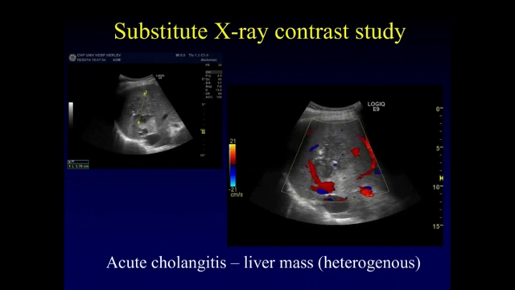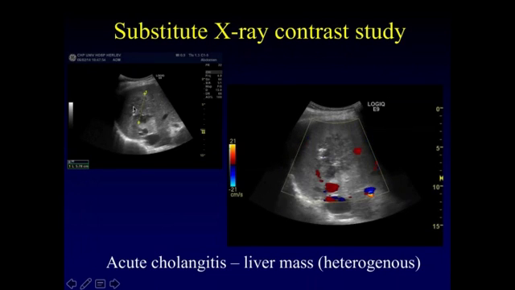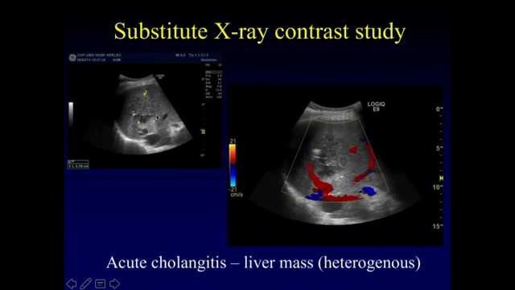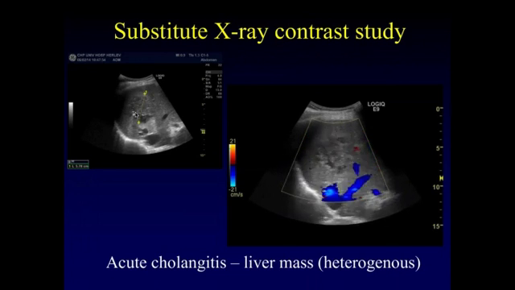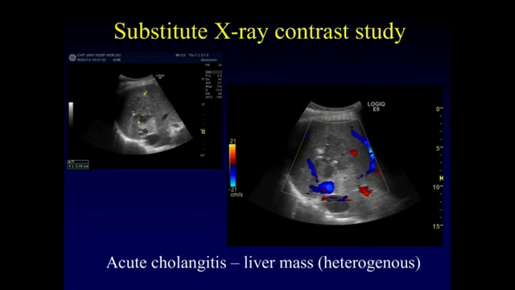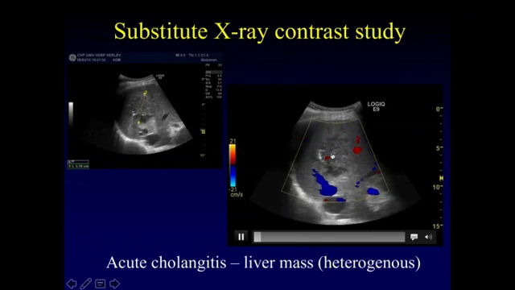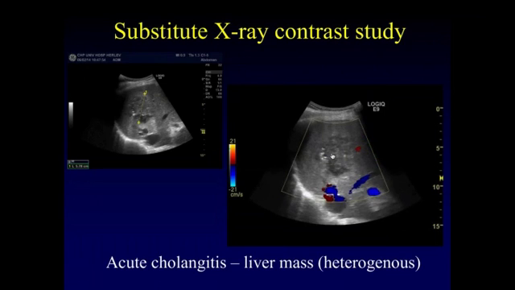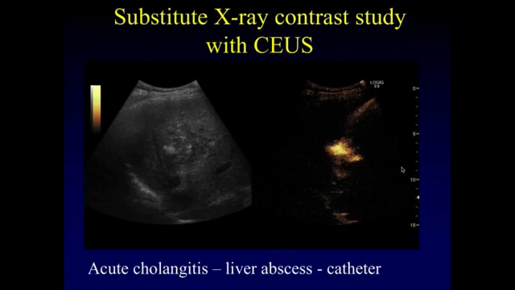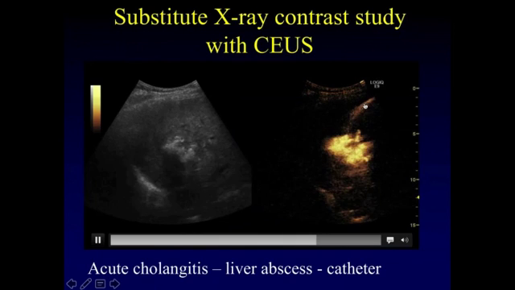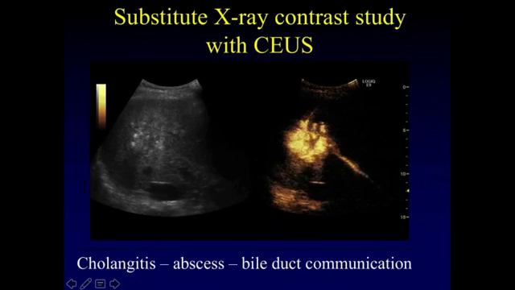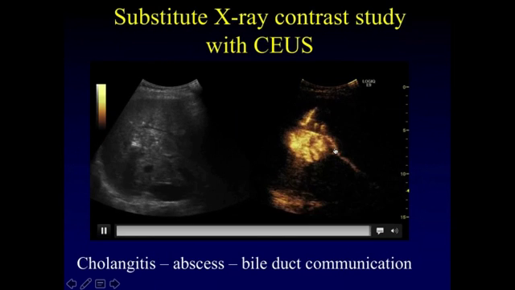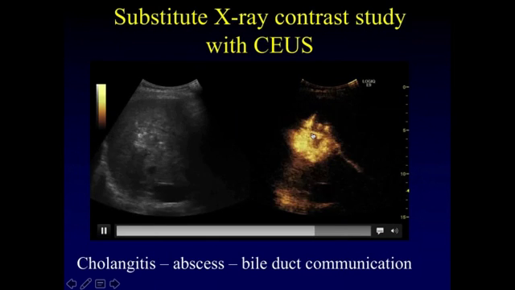A similar case, but in this study there was a sort of heterogeneous mass, and the patient had symptoms of an abscess, so we suspected it could be an abscess, even though it was not the typical appearance in B-mode. We did a diagnostic puncture and pus came out. After that, we put in a catheter and again injected contrast agent on the catheter, and you see the abscess is filling up. In this case, we were able to follow the common bile duct filled with contrast coming from